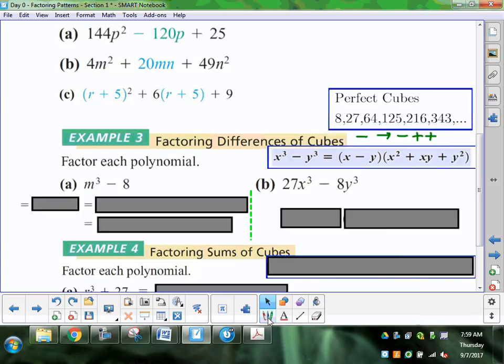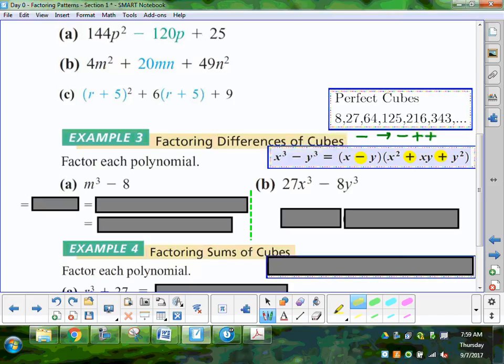Remember we said there's a binomial and a trinomial. When I talk about it being minus plus plus, that's what I'm referencing, the signs between them. In the beginning it is awkward. After about 2 of them, you should be 100% good. Take a look at question 3A. We've got to factor down that difference of perfect cubes. And I know it's the difference of perfect cubes because